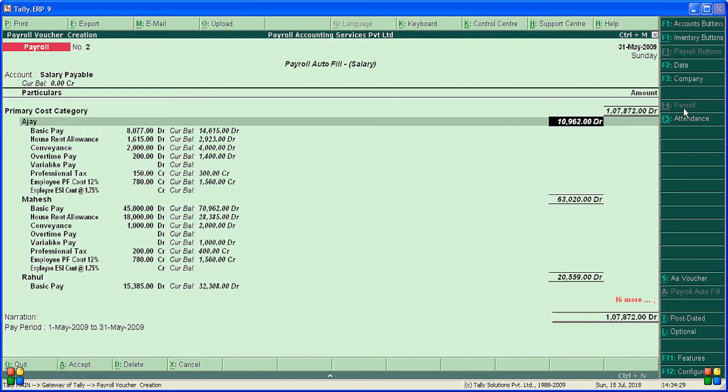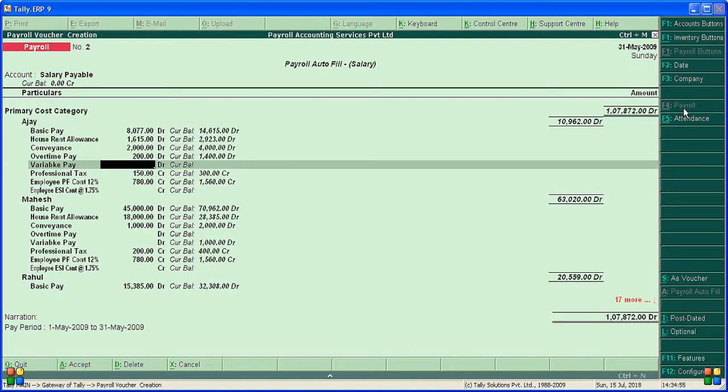Some fluctuation amount. Okay, so press enter, all the pay values are calculated for the applicable pay heads for each employee group under the selected group. Press enter and specify the pay values for the pay heads defined. Okay, but what you have to do, give variable pay, for example, Vijay, this time give to Vijay 1200,